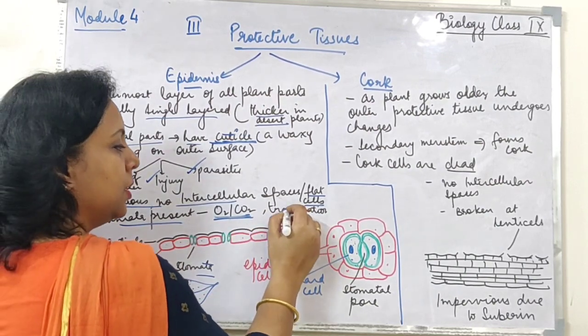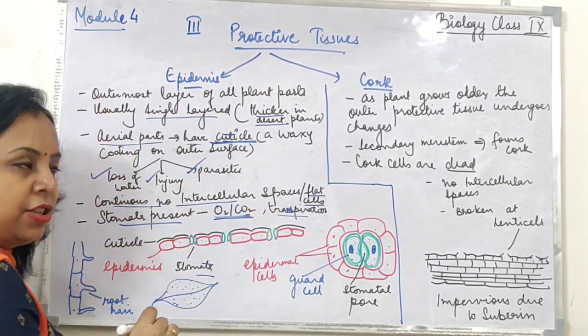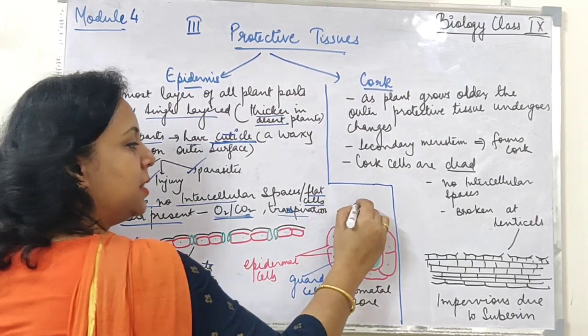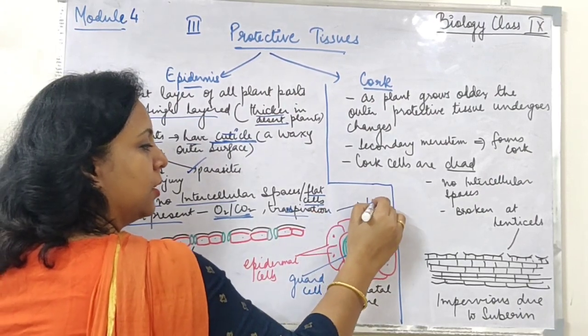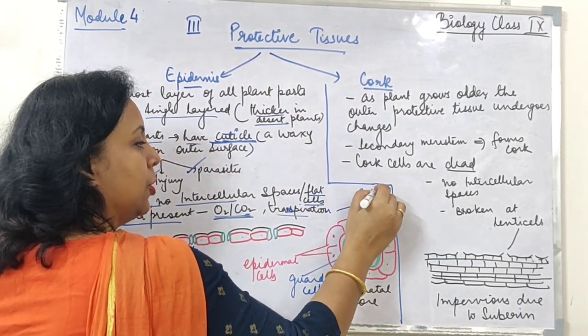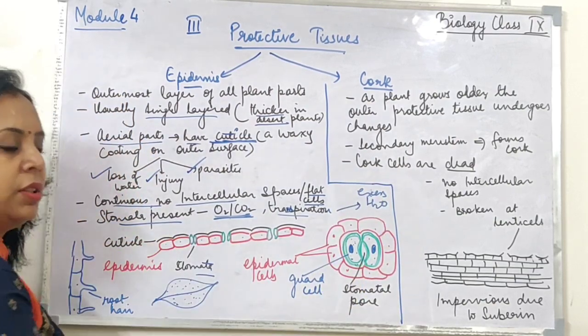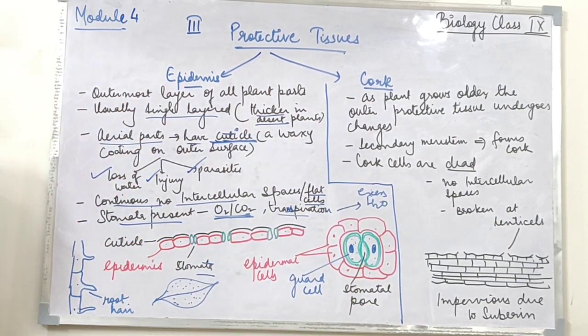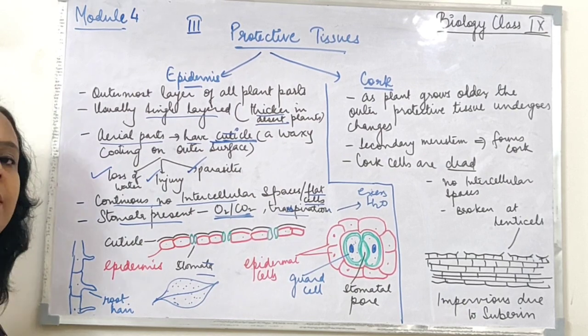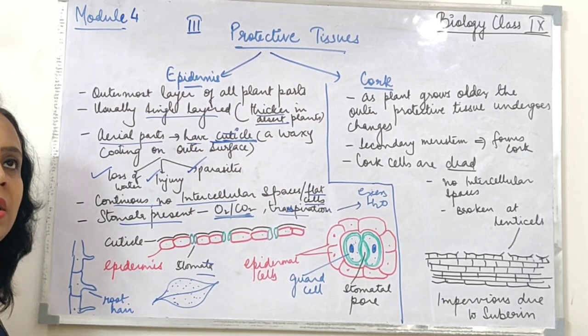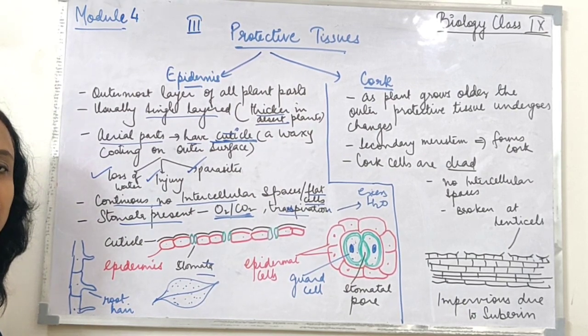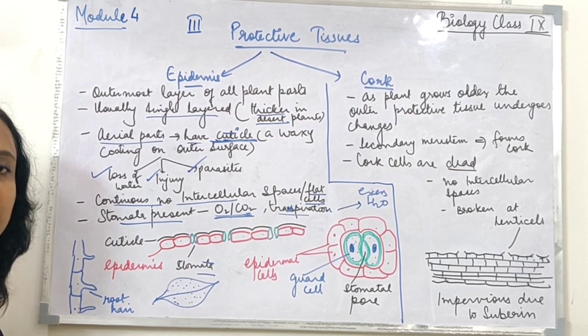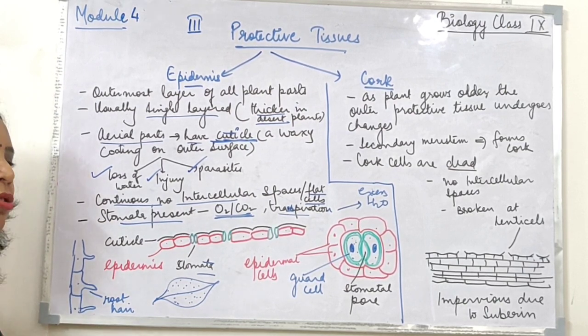Also transpiration. Transpiration means excess water. Now you know children, plants are continuously absorbing water from the roots, from the soil, and they are supplying it up through the xylem. You have studied the water and minerals, they are being supplied to the leaf. All the water is not being used for doing the photosynthesis. What is happening to the extra water?